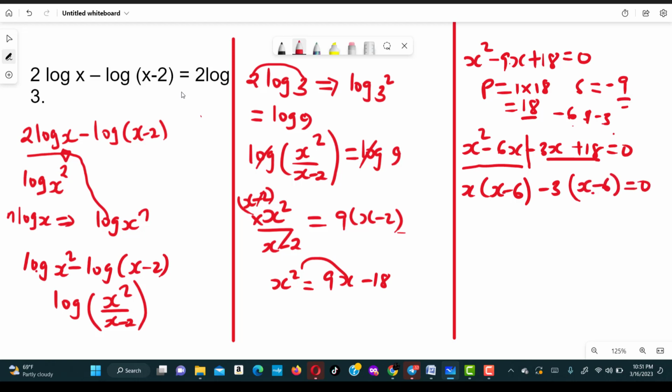We check one of these, that will be x minus 6, and we combine what's outside the bracket, x minus 3, and this is equal to 0. This means that either x equals 6 or x equals